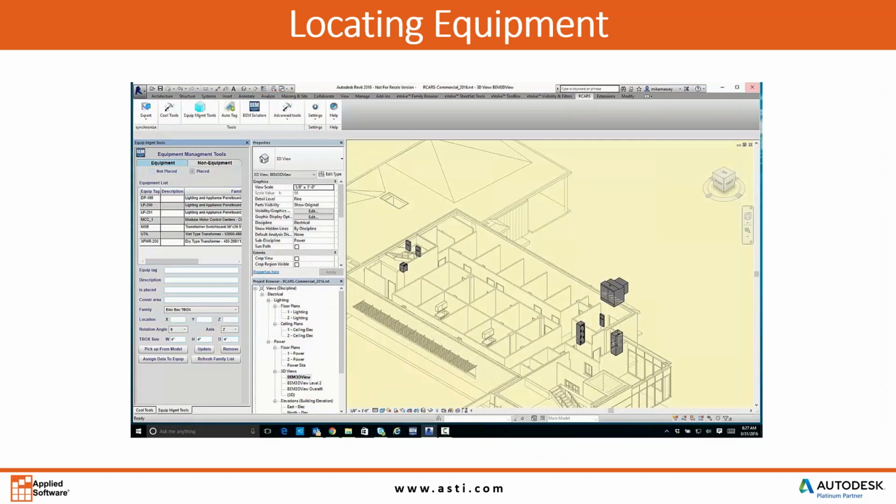So once we have the equipment and all the load information entered into the database, the first thing that I would do inside of Revit is start locating the equipment. You may already have a Revit model that already has the equipment placed. If you do, we're just going to point the database to that equipment to let it know where it's located. If it's not placed yet, if you're starting a model from scratch, then we can go ahead and place